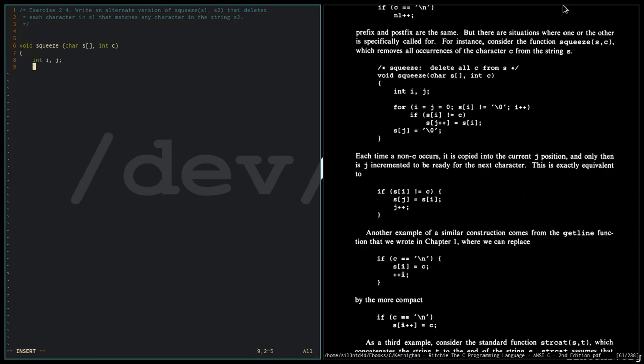i, j = 0. s[i] not equal to c. s[j++] is equal to s[i], and then s[j] is equal to the null character. So this is